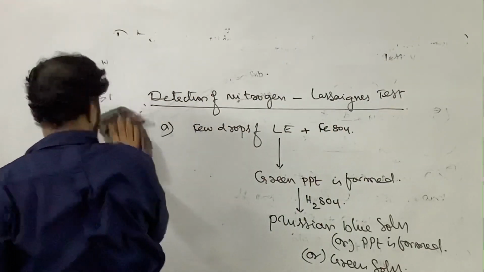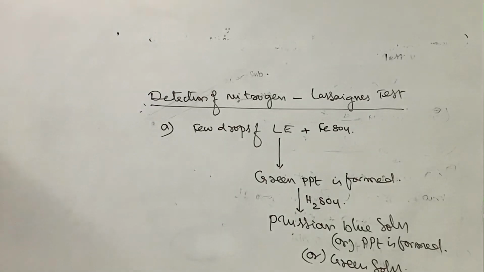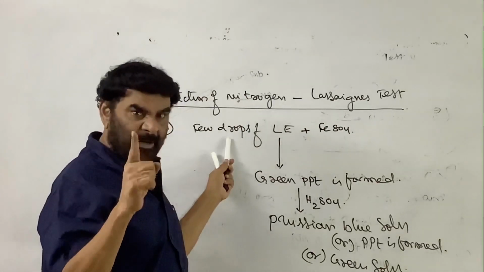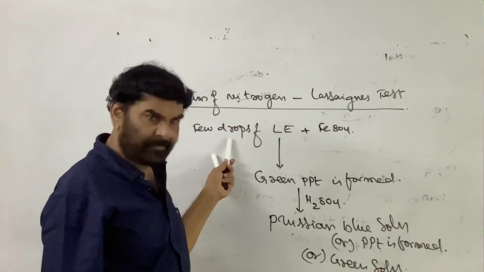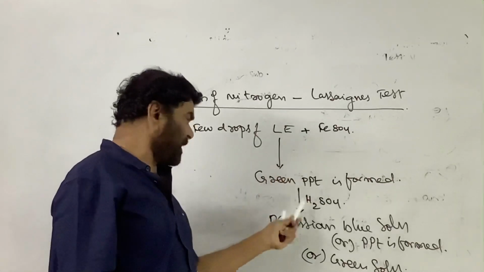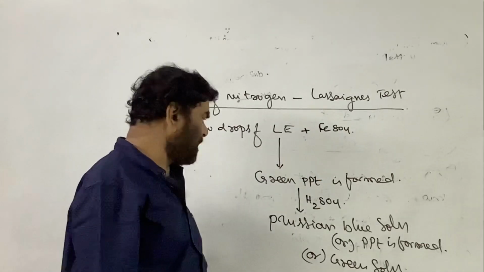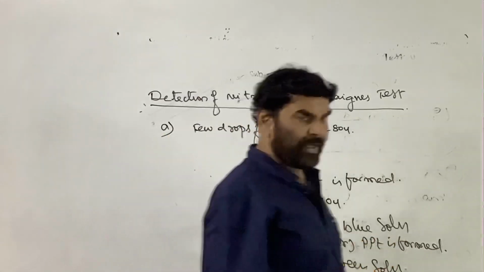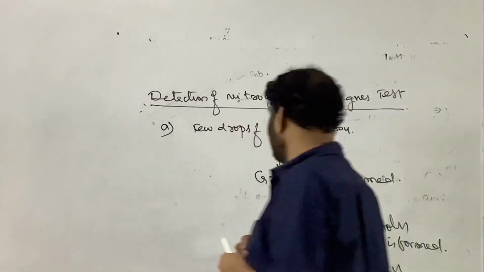What is taking place? How do we explain this formation? If the given organic compound contains nitrogen, cyanide ion is present in the Lassaigne extract. The cyanide ion reacts with the ferrous sulfate to give a cyanide complex of the ferrous ion, and after treatment with H2SO4, a ferrocyanide complex is ultimately formed, which has the Prussian blue color. Let us write the reactions.